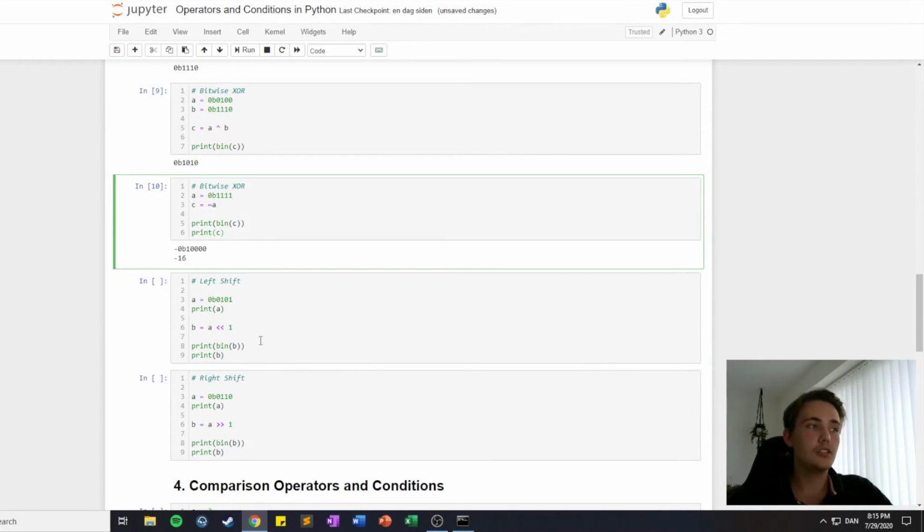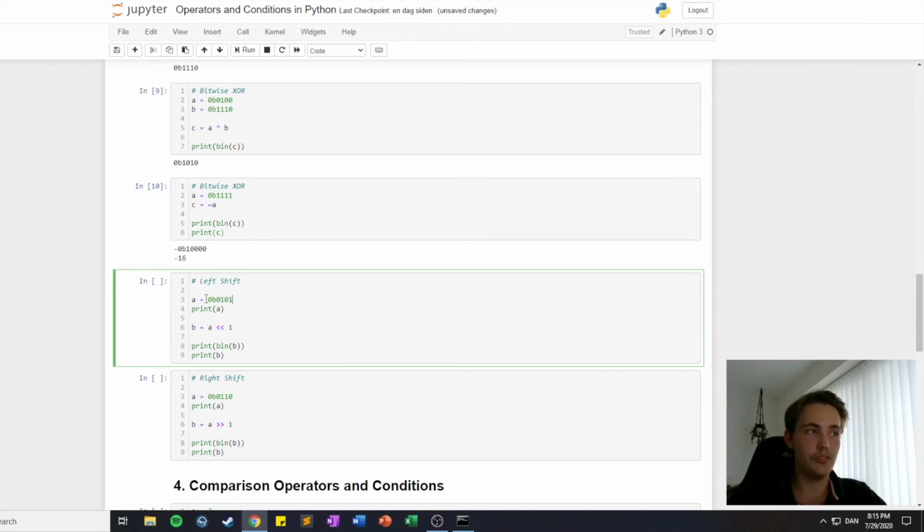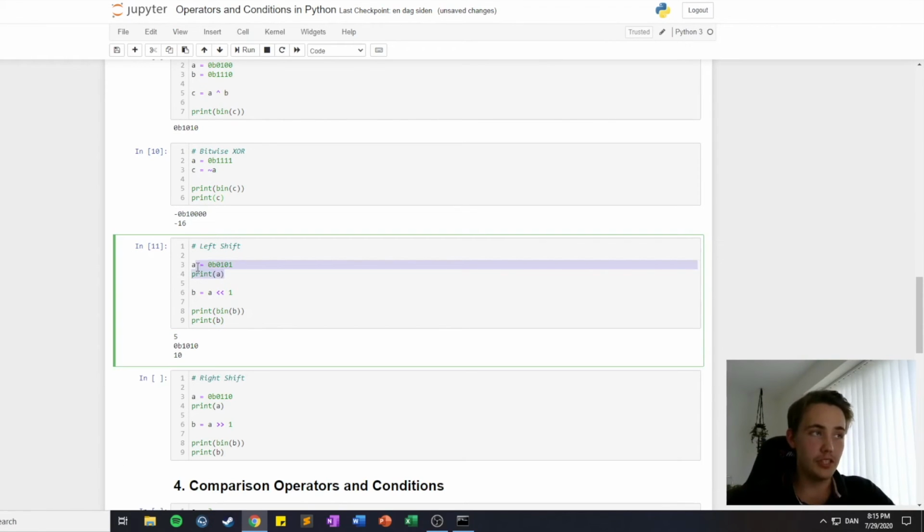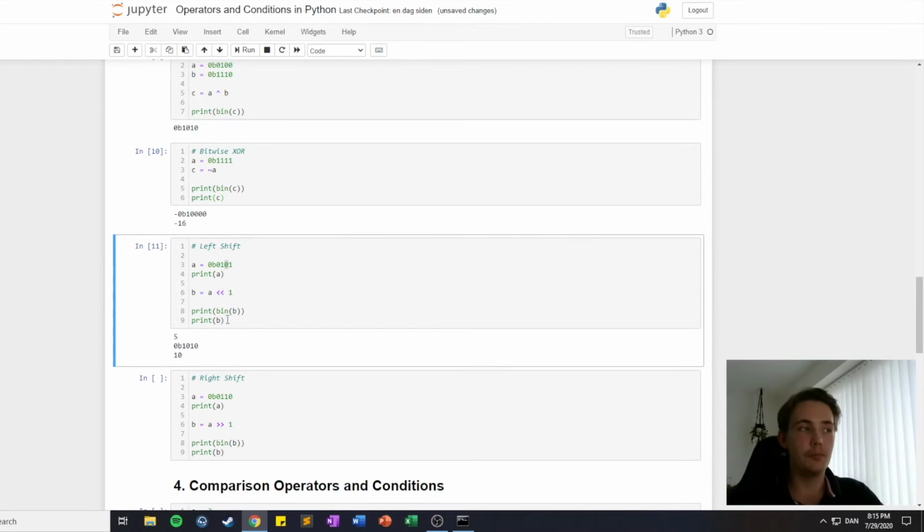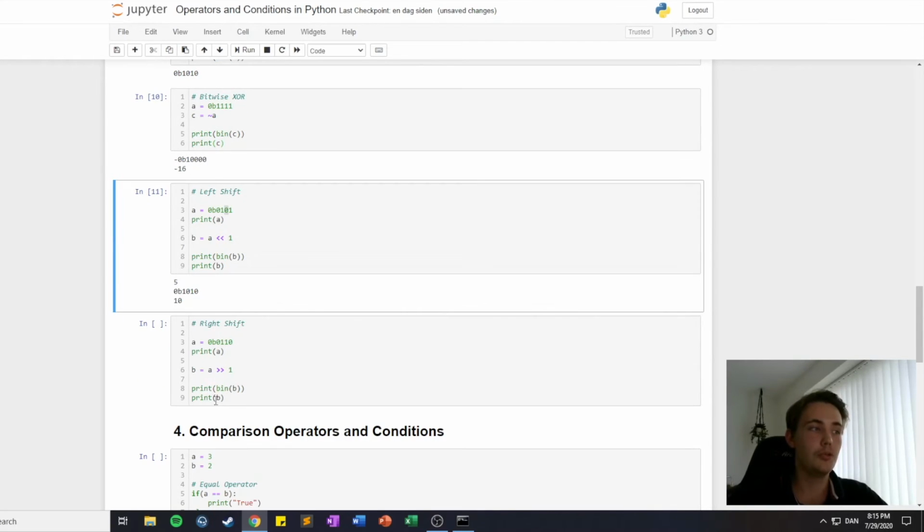It's also possible to left shift a binary number in Python, where if we just start by printing it out, in this case it's a 5, and then we left shift this binary number by 1, and then the 1 will go from here to here, and this one will go to here. So it's what's printed out here. And if we print out the result when we have left shifted it by 1, we can see that it is the same as multiplying by 2. So if we left shift a binary number by 1, it's the same as multiplying by 2,